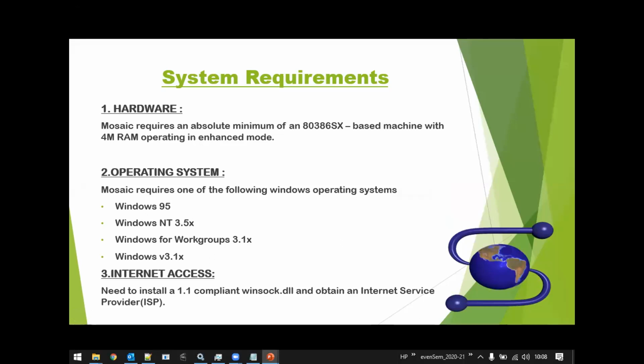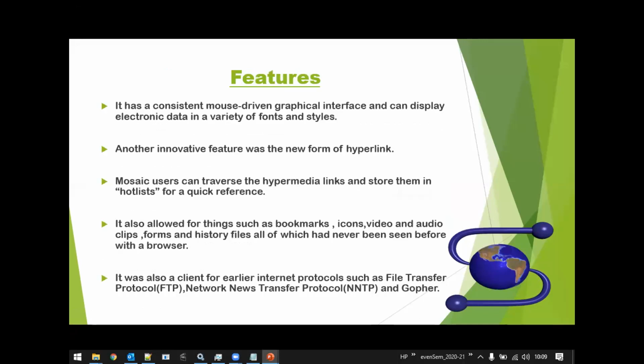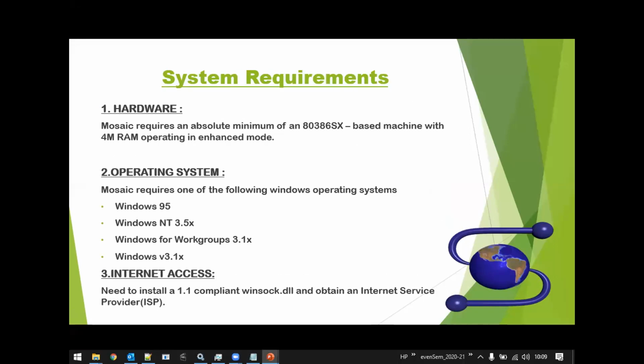And for Mosaic to run, we require one of the following Windows operating systems: Windows 95, Windows NT 3.5X, Windows for Workgroups 3.1X, and Windows 3.1X. To access the internet, we need to install 1.1 compliant winsock.dll and obtain an internet service provider. Here, winsock.dll is a file that defines how Windows software should access network services.